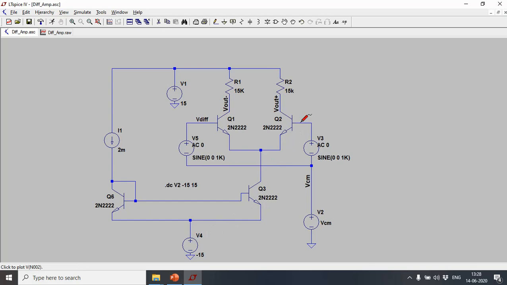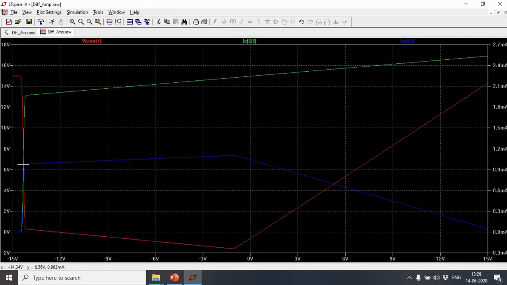So at least from minus 14 onwards, this transistor will start conducting. So that is the reason from minus 14 onwards it has started. Now if you keep increasing after a certain point, this transistor will come out of saturation. So the useful range is somewhere from minus 15, minus 14 to minus 1.